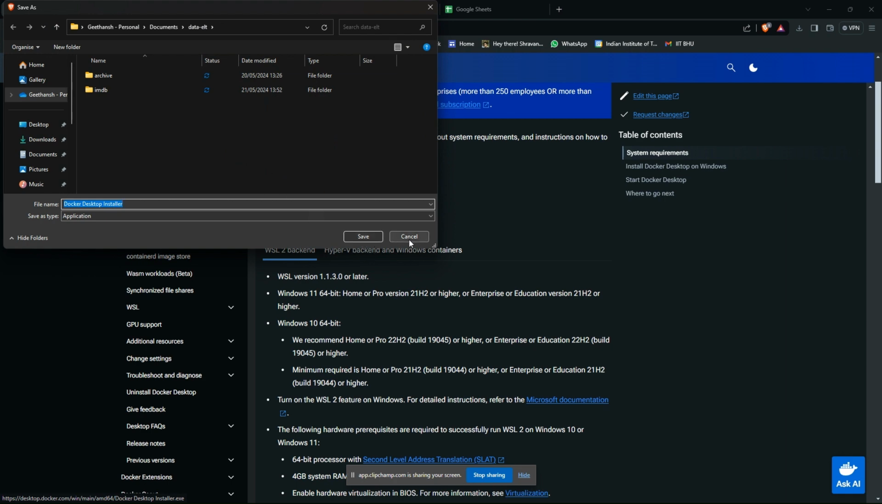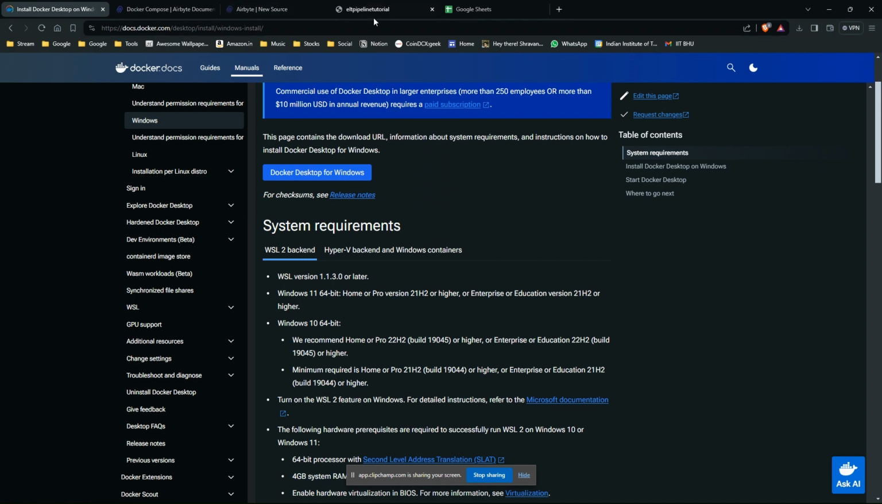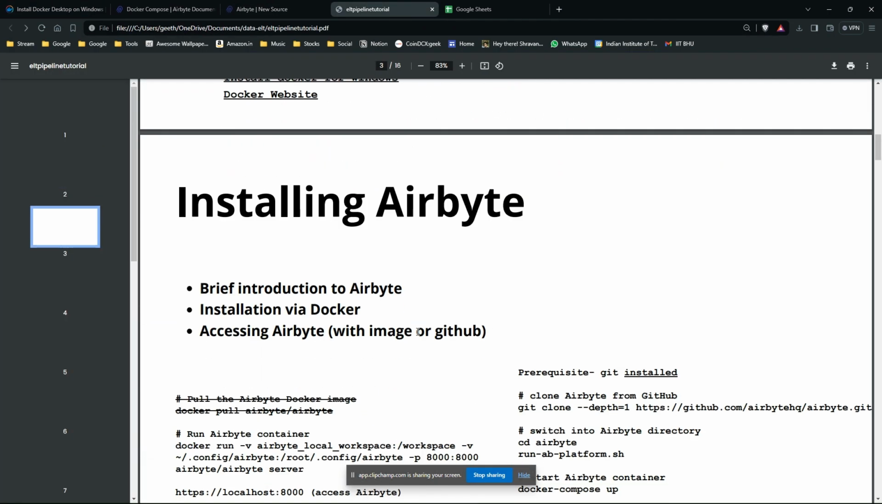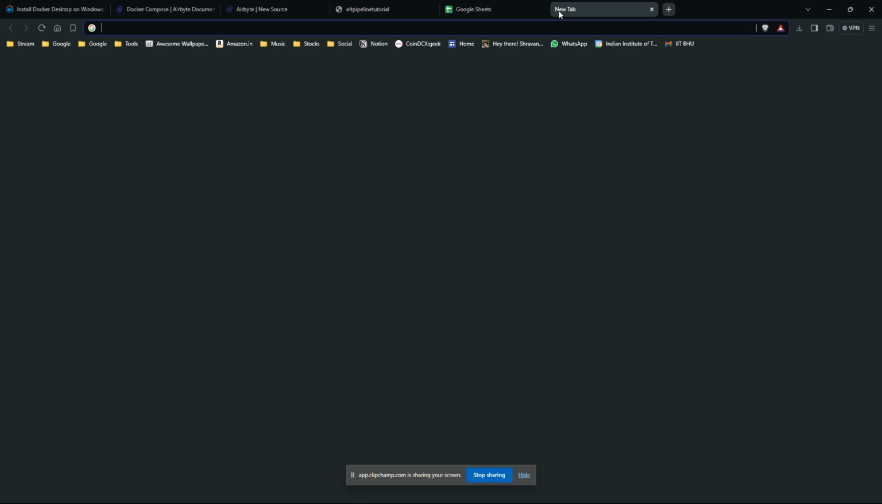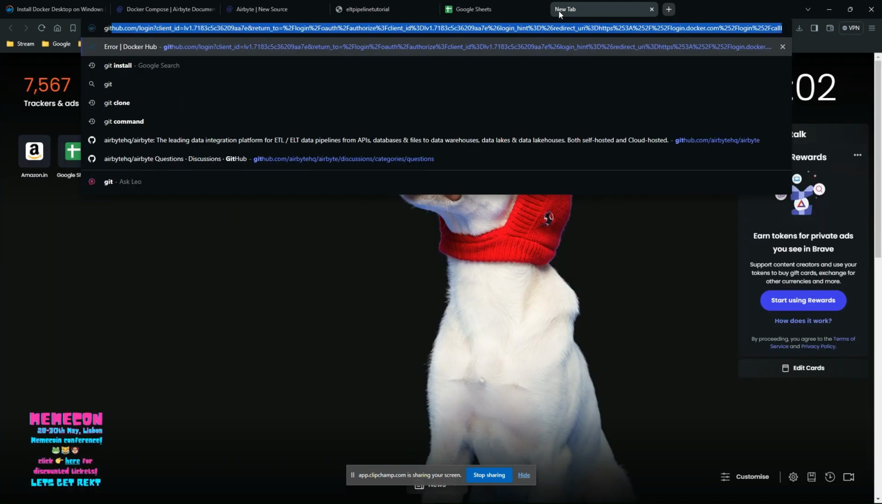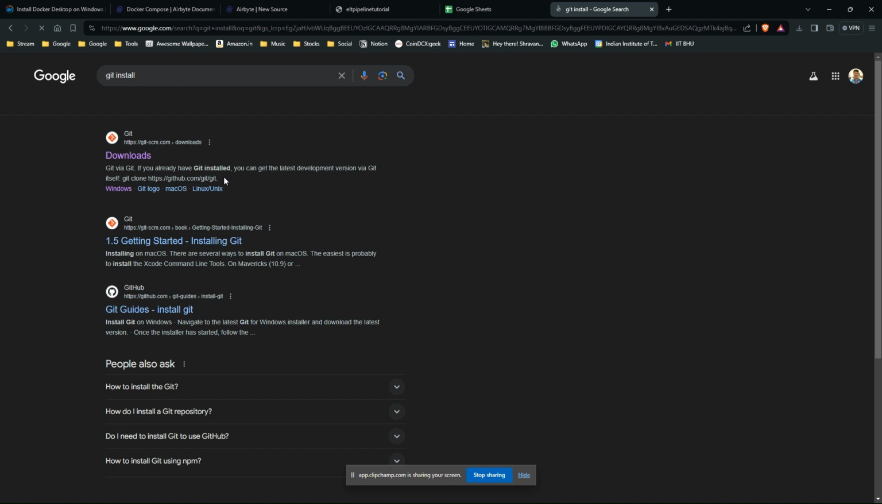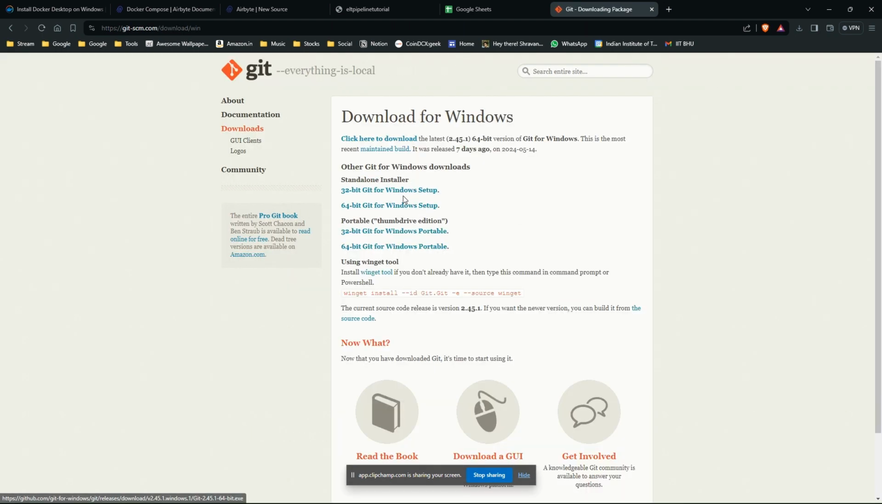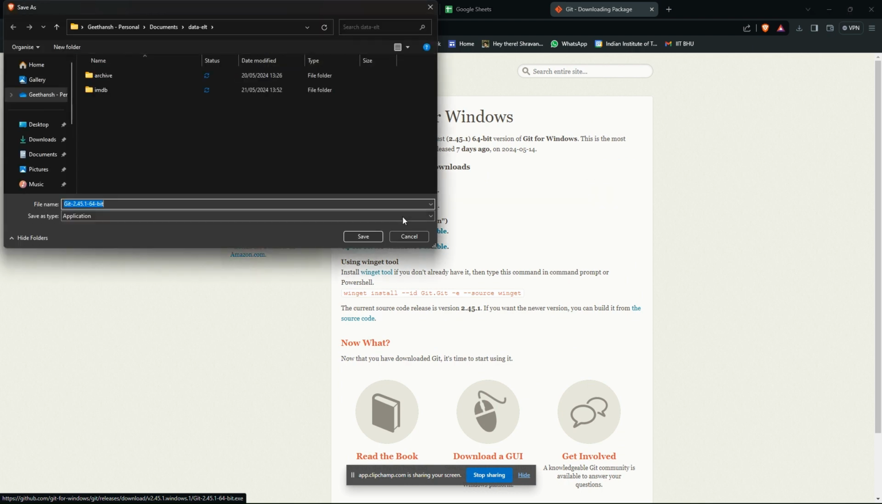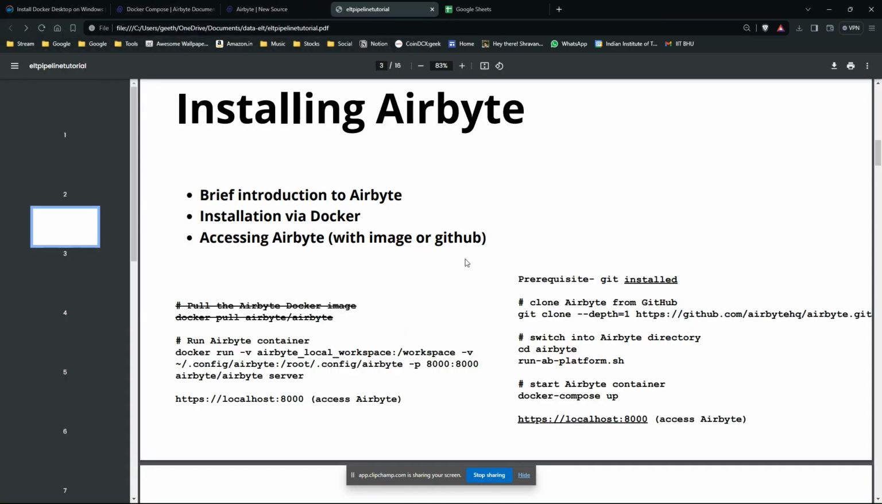You will get the Docker setup. The Docker tool will be set up. Now you're ready for the next part, which is installing Airbyte. The prerequisite for installing Airbyte is Git. If you have Git, then you can continue to the next step of the command line, or you can search for Git install on your browser, where you would install the 64-bit for Windows setup. You can run this executable again, similar to Docker's installation, and once it is completely installed, you can proceed to